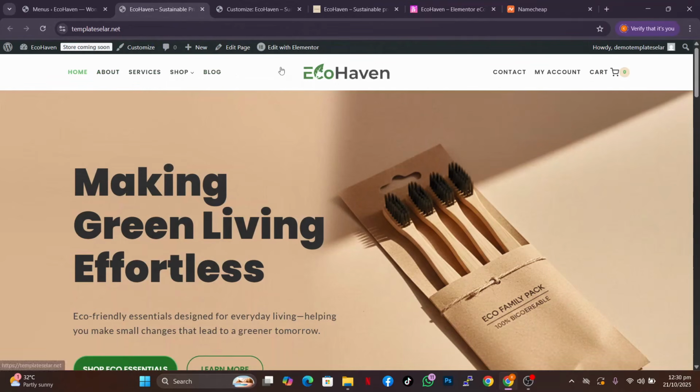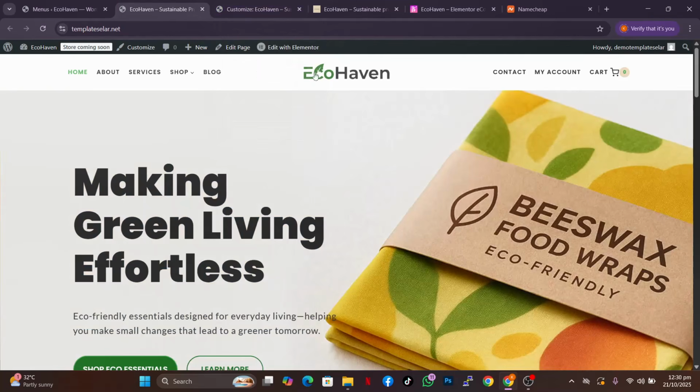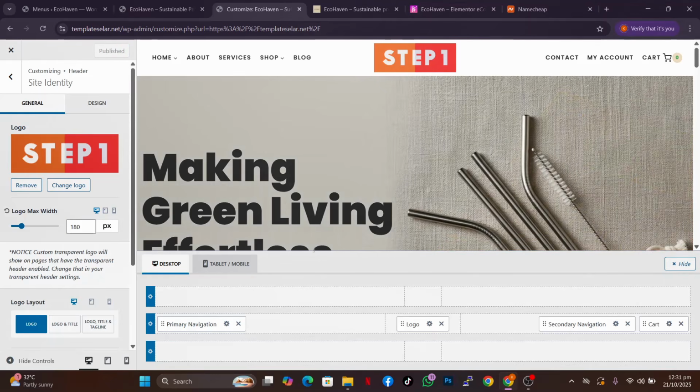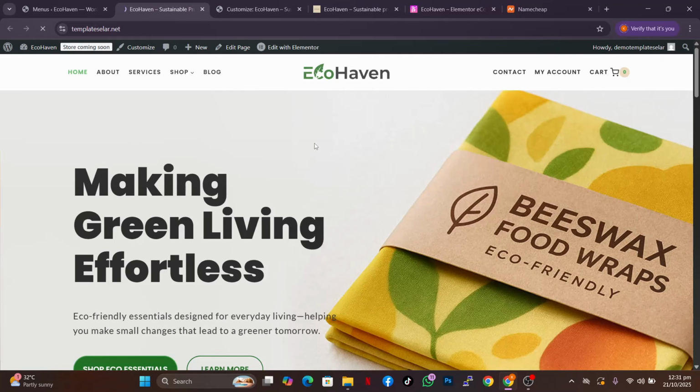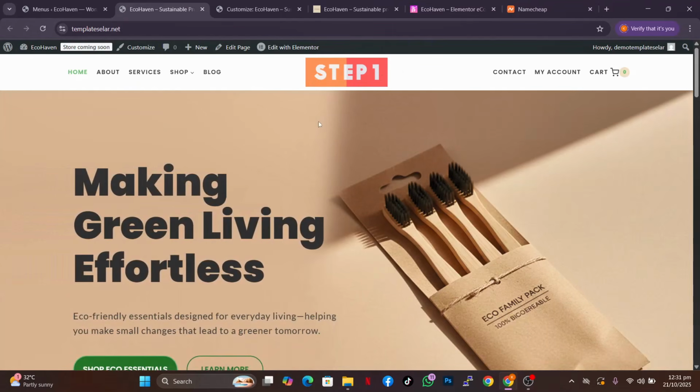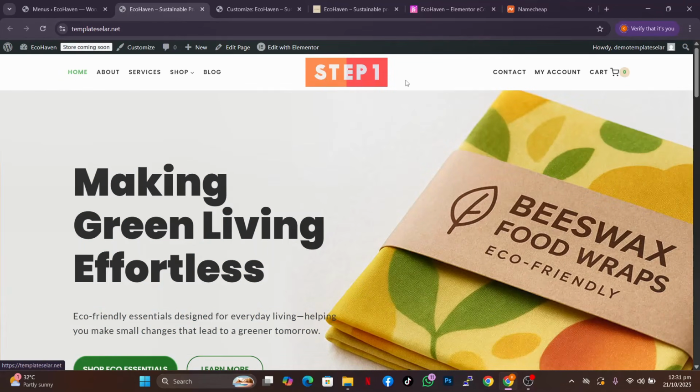Okay, now you're not seeing our logo because we haven't published it. Okay, but once we publish this one, anything that you do, any change that you do, make sure you publish it. Once you publish it and then you refresh it, you're going to see that this one changes to step 2 over here. So basically, once we have our logo like this, step 1,